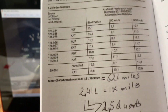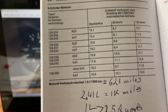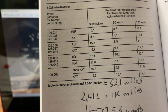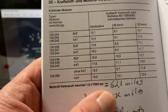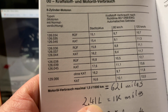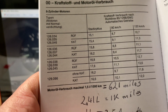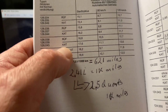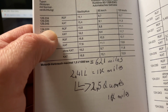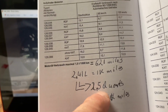And then it says down here, Motorölverbrauch maximal 1,5 Liter pro 1,000 Kilometer. Motor oil consumption maximum 1.5 liters for 1,000 kilometers. That is 621 miles. So we are allowed to use 2.41 liters for every 1,000 miles, and 2.41 liters is 2.5 quarts. So these engines, both the 4.2 liter and the 5.6 liter, can use up to 2.5 quarts